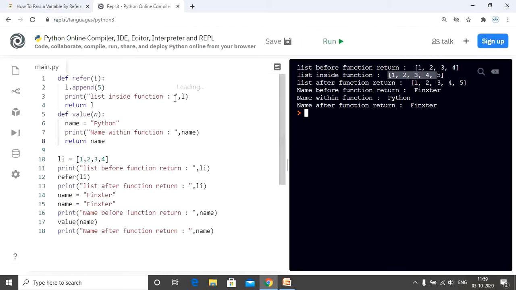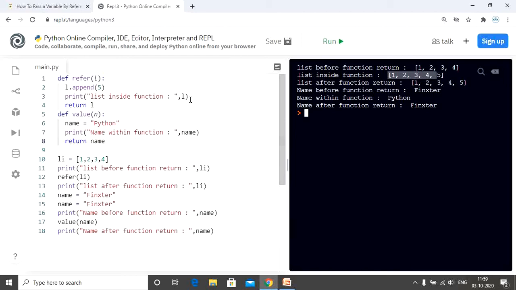Now when we return this list, we get the similar output, that is 1, 2, 3, 4 and 5. The reason being list is mutable. So when we append the value 5 into the list, the changes are reflected outside the function refer.